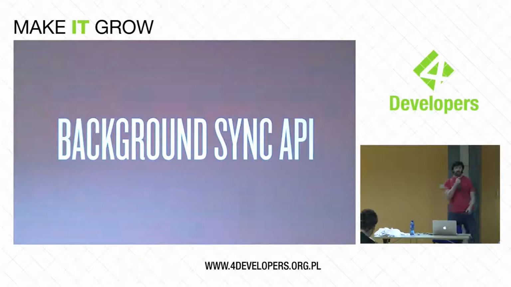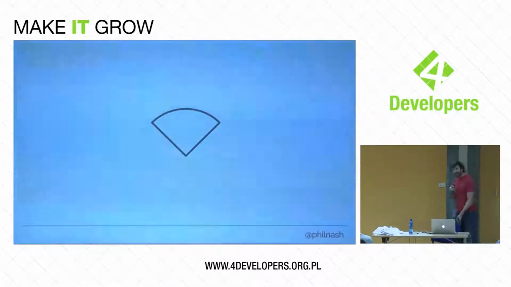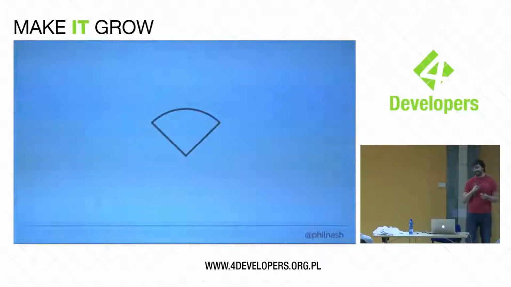This brings us to the background sync API. This is the most exciting part. The background sync API, I think, has a weird name, because it sounds like it can be just doing stuff in the background over and over. It sounds like it can be running, using up your battery, using up your signal and everything like that, when in fact, really, it's a one-off API.